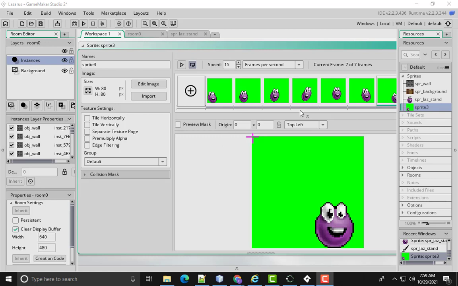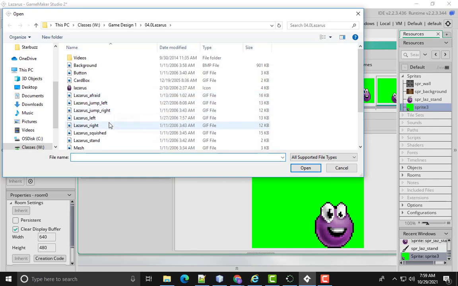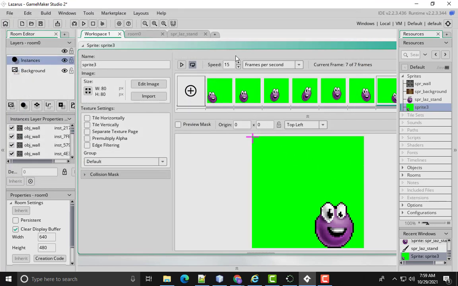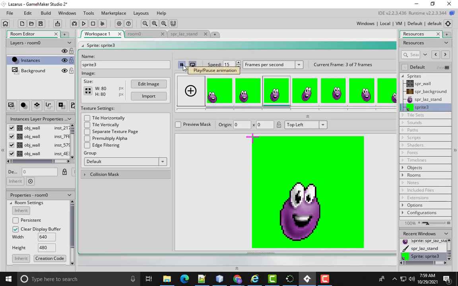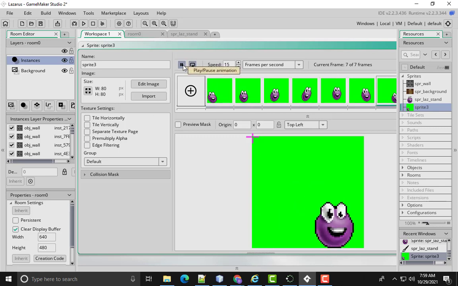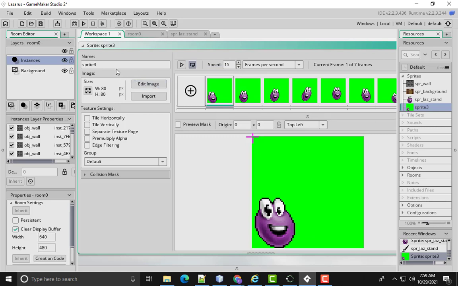All right, so I forgot to start the recording right here at the beginning, but let's just talk about this. What I just imported was a Lazarus right. It's just the one where Lazarus is scooting to the right, at least from our perspective, I guess. So choose that one, and then what you get is this animation. We changed the animation speed to 15 and then tried it, and you can see he's kind of sliding to the right. All right, so we want to give this a name, so we'll call this one sprite